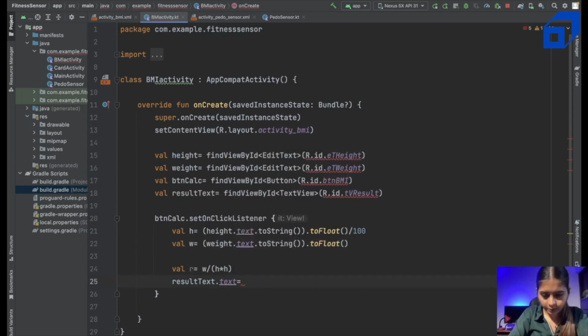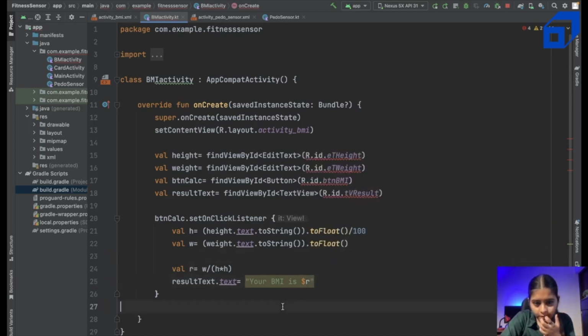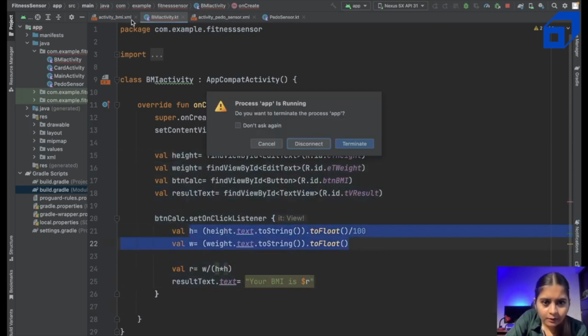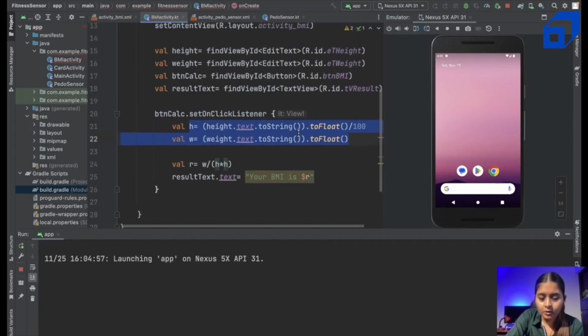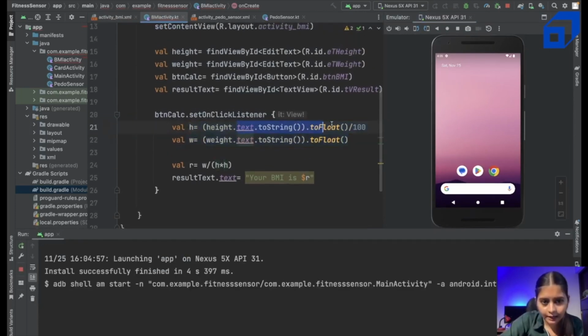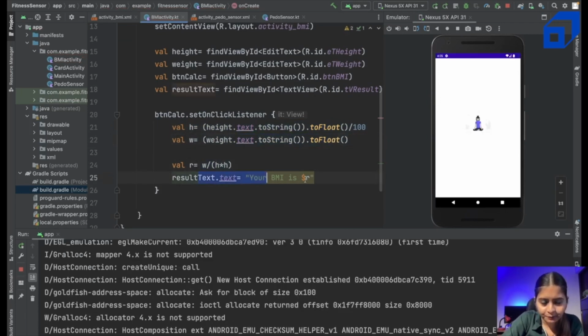Or one second, you can write "Your BMI is" and then I'll put the R variable. Okay, let's run it and see if it's working fine or not. I think it should work fine. We calculated the height. Whatever the user enters in the edit text, I'm getting the height, I'm getting the weight, and then using the right formula,